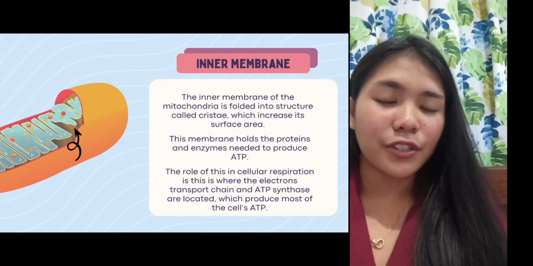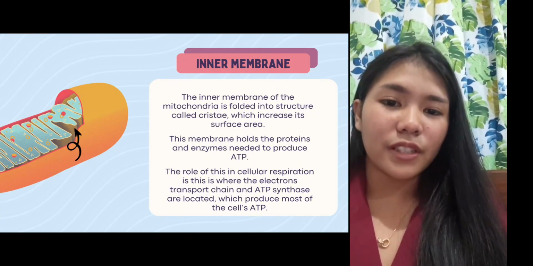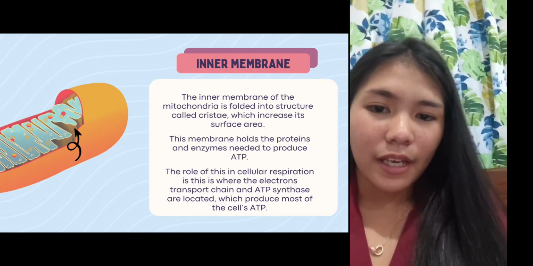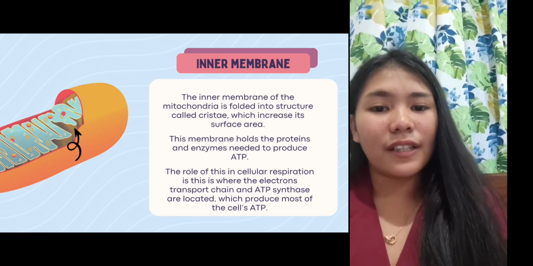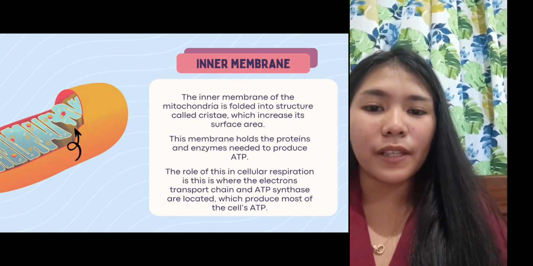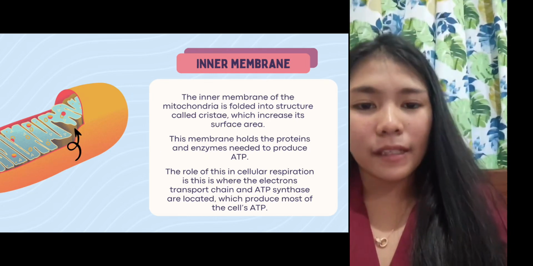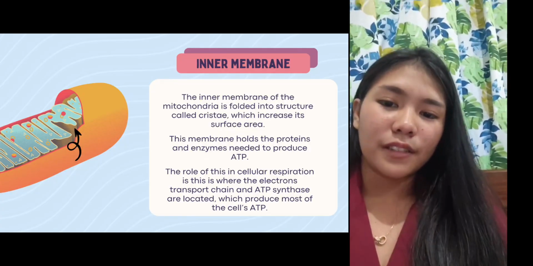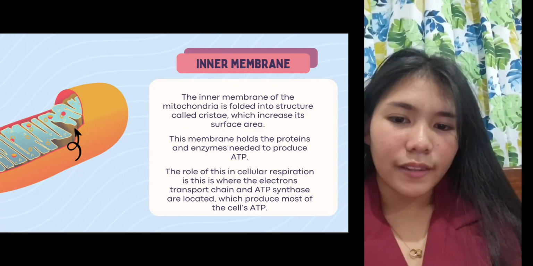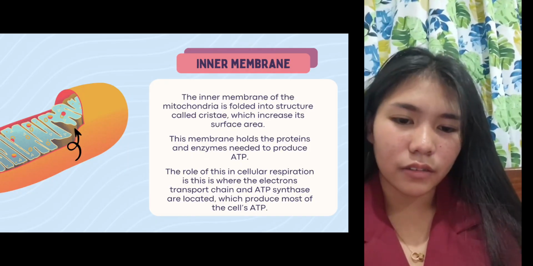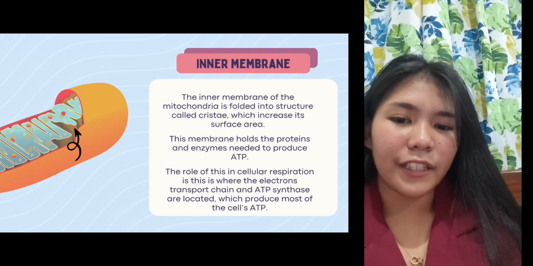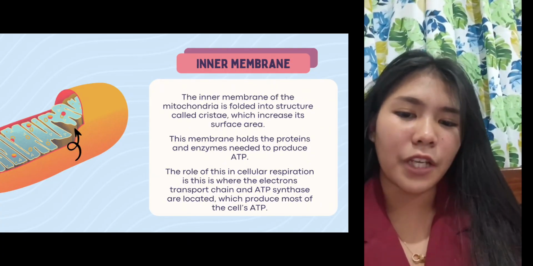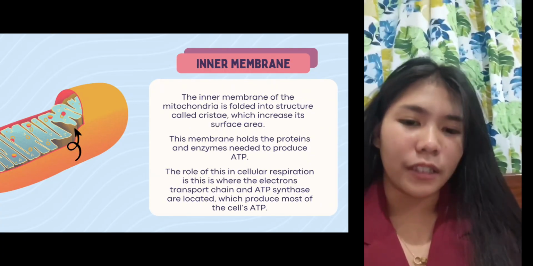It also features in bacteria, where it is called the inner membrane or cytoplasmic membrane, and it's responsible for energy production and protein secretion. The function of the inner mitochondrial membrane is essential for cellular respiration, particularly